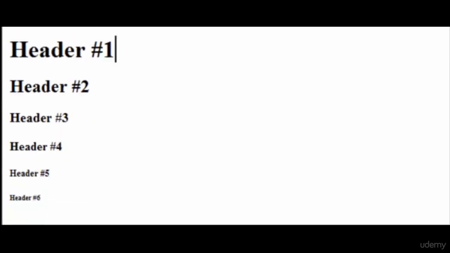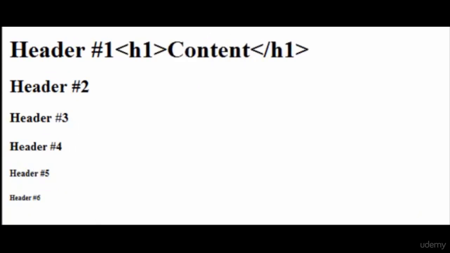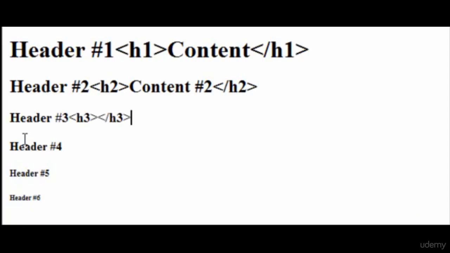Now to create a header, it's very simple. It's just like that paragraph tag that we talked about. Header number 1 looks just like that. We put our content in here, and it's going to be huge. Header number 2, same thing. We have content for number 2. And we have header 3, header number 4, header number 5, and header number 6. Header number 6 is actually so small it's barely visible for me right now in my editor, so I apologize if it's barely viewable in the video.